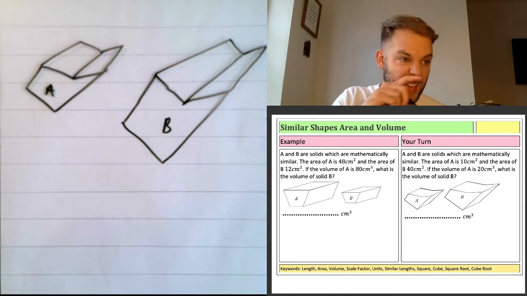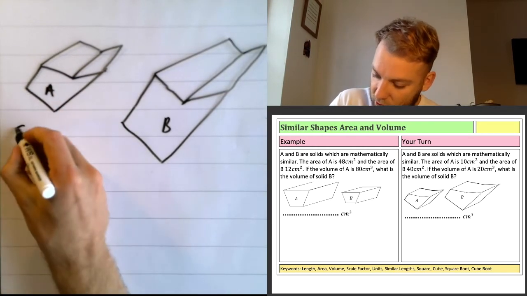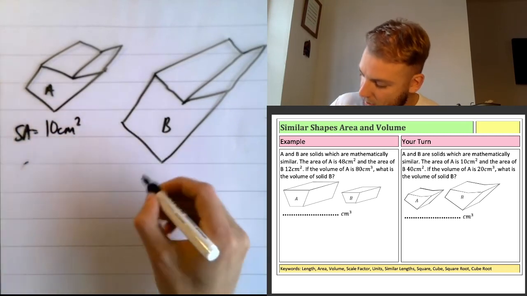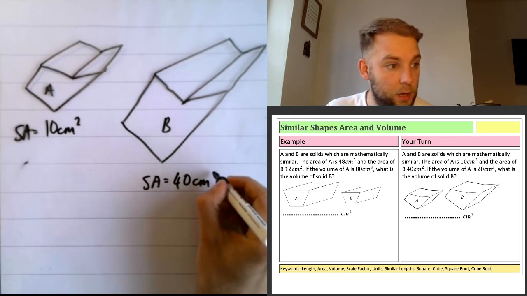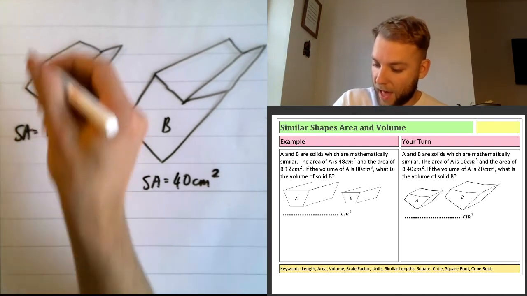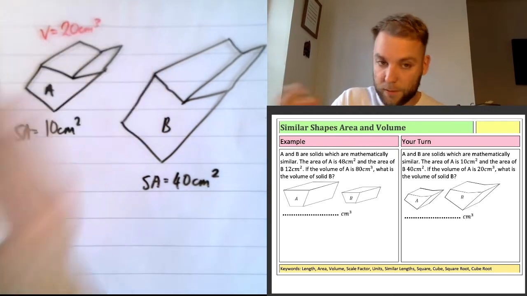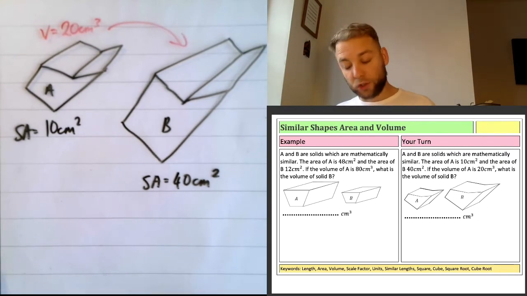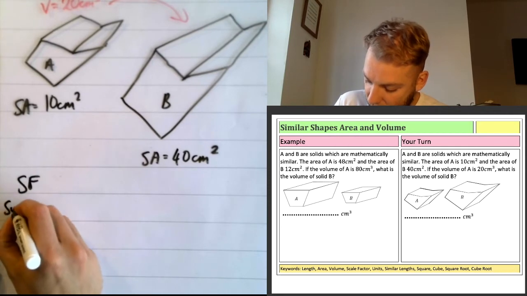So now we know that the surface area, let's make sure we say surface area, of this one here is 10 centimeters squared. The surface area of this one here is 40 centimeters squared. And I know the volume of A is equal to 20 centimeters cubed, and I'm trying to find the volume of B. Now, I don't have any lengths involved, so the only thing I can work out is the scale factor for the surface area,